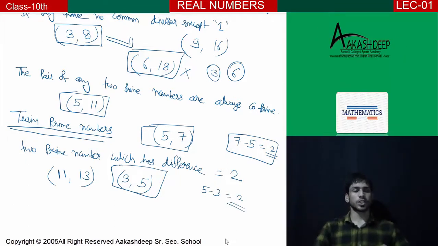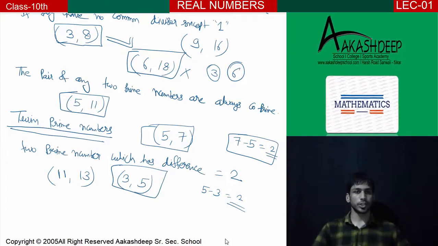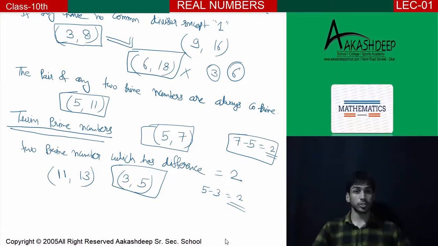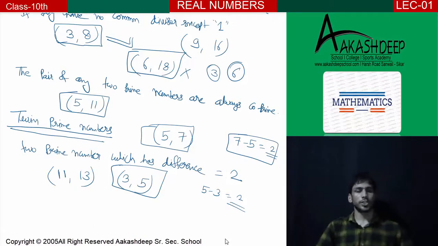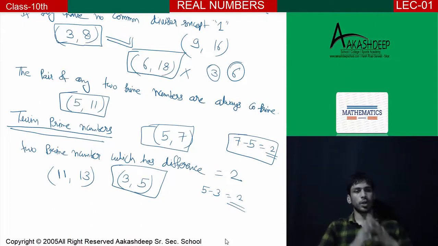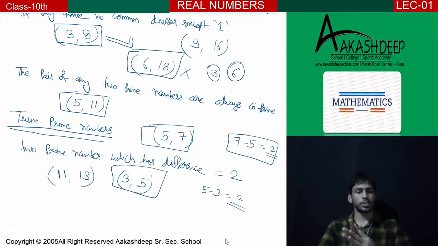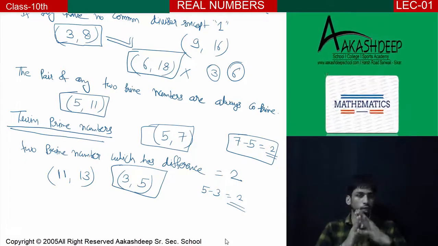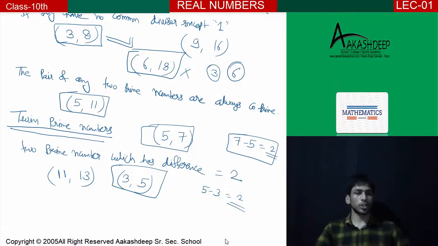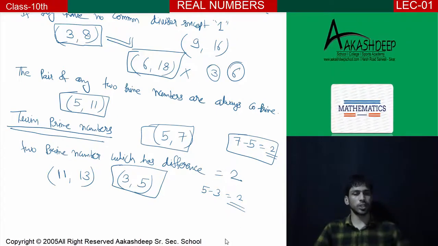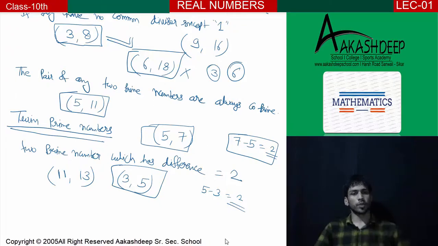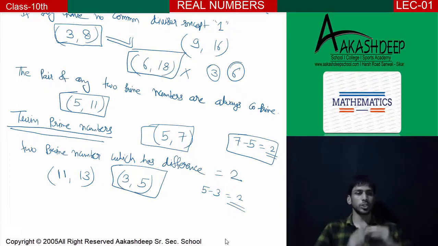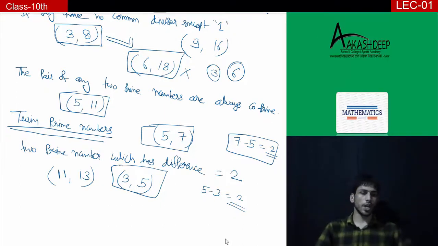Okay, so in this lecture we have studied what is a natural number, what are integers, what are rational numbers, types of rational numbers, what is an irrational number, decimal expansion of rational and irrational numbers, what is an even number, odd number, and what are prime numbers, co-prime, twin prime numbers. So that's what we had discussed in earlier classes. From the next lecture we'll continue with Euclid's division lemma. We'll see what is Euclid's division lemma, how we can find the highest common factor using Euclid's division lemma, and what is the fundamental theorem of arithmetic. All these things will continue in the next lecture.